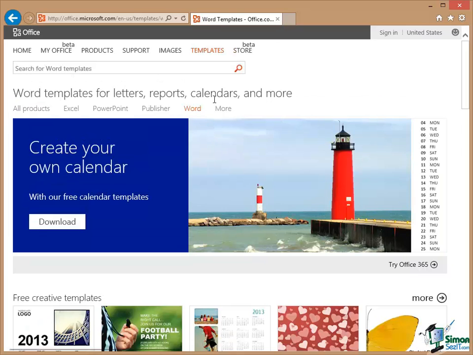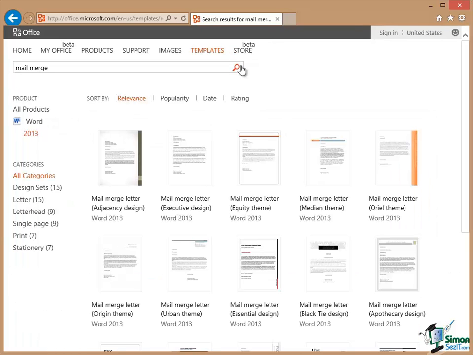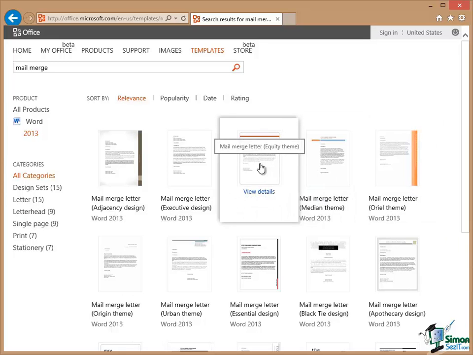And then I also have a search box, search for Word templates. And what I'm going to do is to search for mail merge templates. So I type in mail merge, hit the magnifier, and it comes up with a number of mail merge letter templates. There are quite a few of these templates. You can see on the left quite a long list of them. Letters, print, stationery. Let's stick with a letter. Let's go for this particular letter, the equity theme letter,